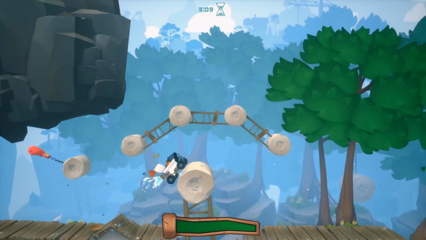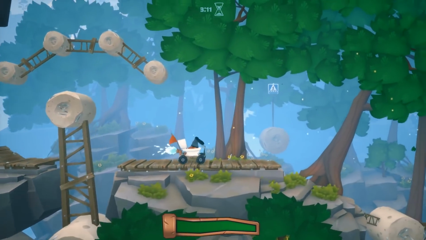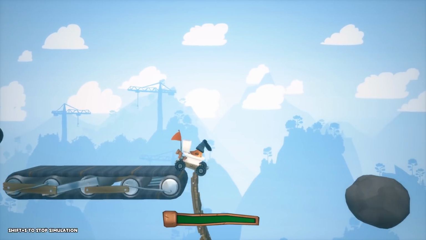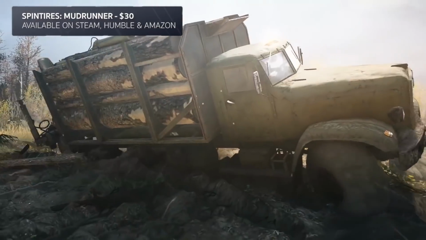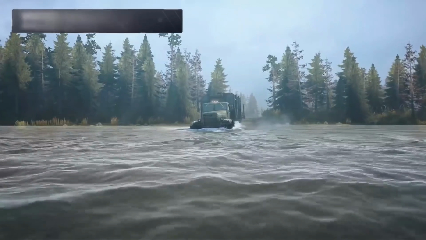Animal Super Squad just entered early access for $10 with more levels and obstacles on the way, but the Steam community has already started filling out the workshop with custom downloadable maps, some of which might not be appropriate for work. Next up, we have Spin Tires Mud Runner, an off-road driving game, but not the Fast and Furious kind